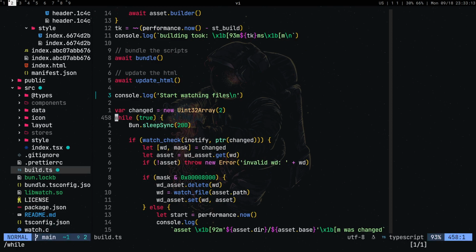And that's what I do. And that's what I get. We loop, we sleep. I don't think it's even that necessary, but I have it there just for fun. We sleep for 200 milliseconds, and we check our inotify instance, and we give it a pointer to